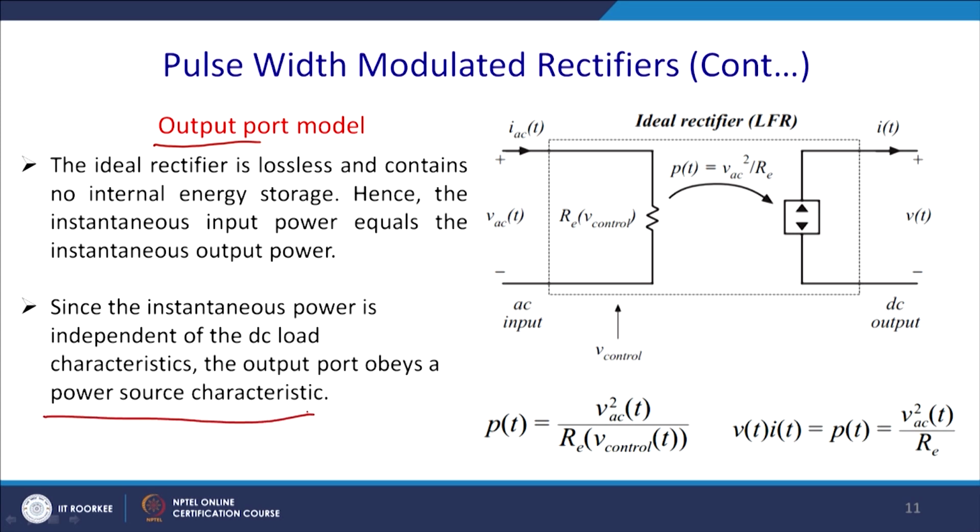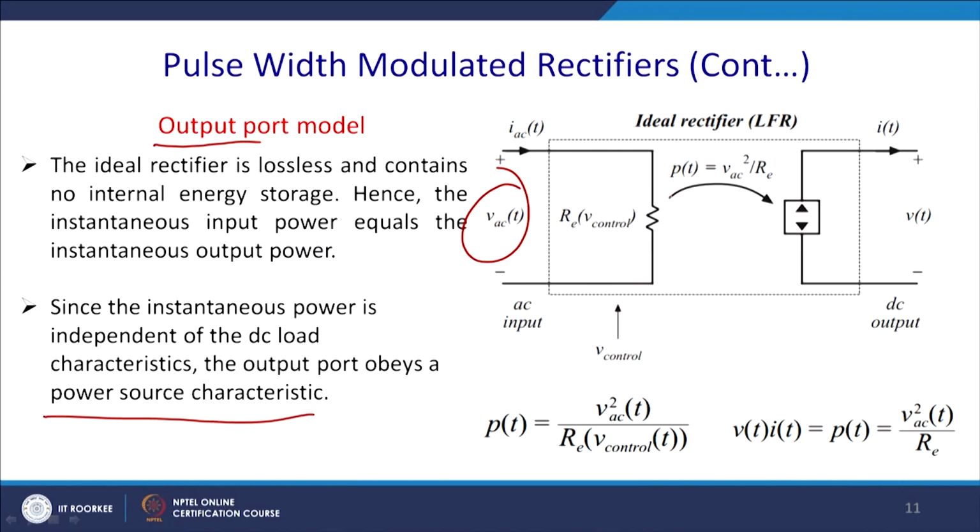So, this is basically the input AC voltage, it may be regulated or unregulated, and this is the current through it, and you have a control resistance that will change according to the power you are trying to submit into it. So, ultimately power will be Vac square by Re, and so you will get a DC output voltage as desired by the consumer. But the AC side will see as if a resistance is connected to the system.